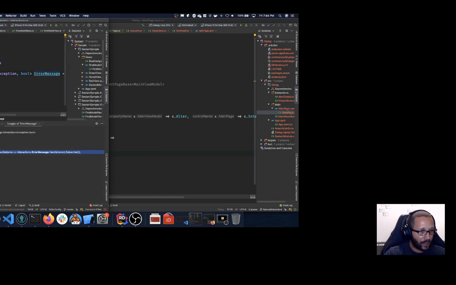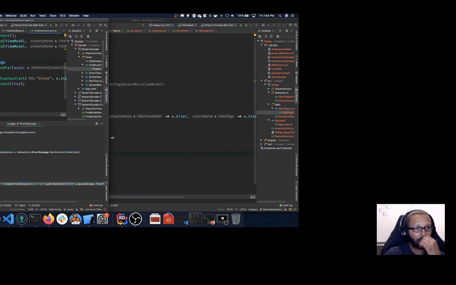Shift F12. So what did we do over here? Because I just want to look at some code. Okay, so basically what we're gonna do here is just say page.DisplayAlert. DisplayAlert is really just an extension method on the page, or a method on the page actually. I guess the same anyhow. So show the whole